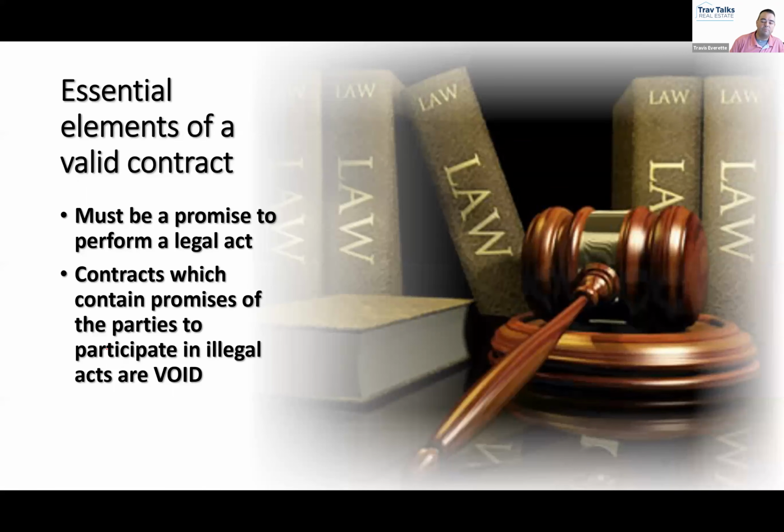Okay. There must be the promise to perform a legal act, which is what we talked about with void contracts. Void contracts are lacking that promise to perform a legal act. If a contract has promises that are illegal, it is not going to be valid for sure. It's going to be declared a void contract. You can use extreme examples, like if somebody puts a hit out on somebody, that's a void contract. It's an agreement between these two parties, but no judge is going to say, now you promised to kill her, go do it. That's not going to happen in a court of law. And so that's a void contract.